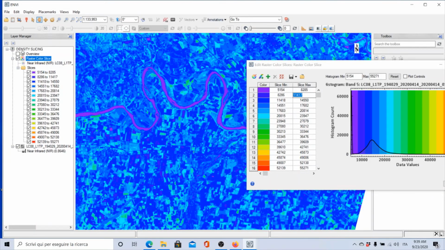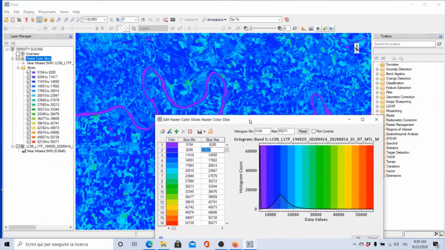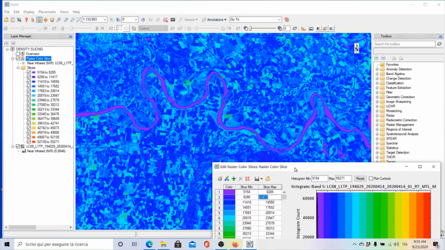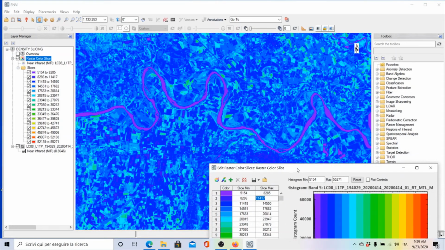And now I will show you how we can do that. All right. So, for example, we know that in this image, if we want to extract all the water, we know that in the near infrared, the water has a very low reflectivity. So that means that,